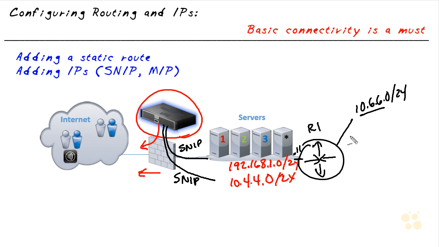However, if there's resources over here on the 10.6.6 network that the NetScaler needs to communicate with, for example, maybe we have Storefront or other virtual machines or servers that we want the NetScaler to communicate back and forth with, the NetScaler is going to need a route to get to that subnet. And one of the simplest ways of